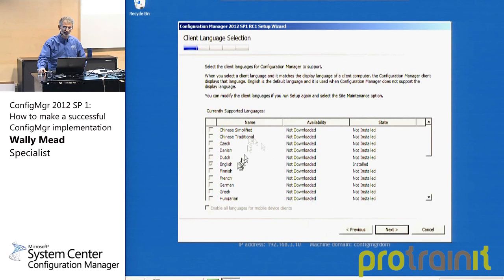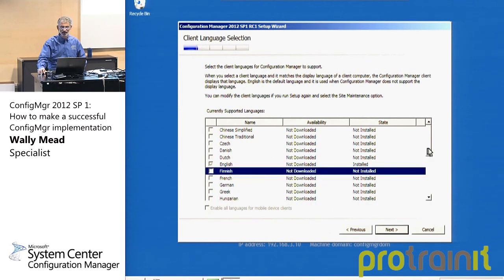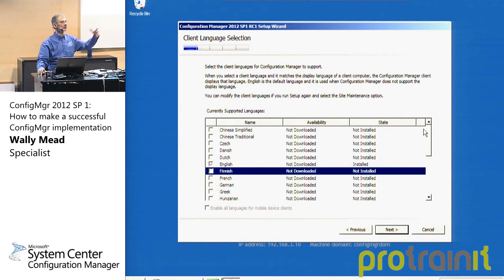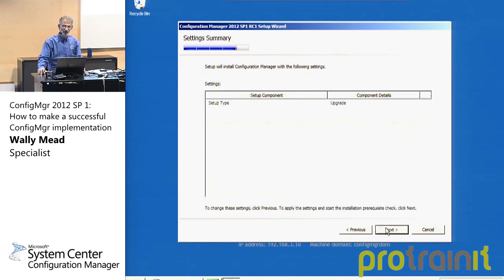And then same thing for clients. Here's the Finnish client. You go ahead and pick whatever appropriate client language packs you want, so that we'll install the end user interface, Software Center, and application catalog and messages in the appropriate language when necessary. So you pick those. And then for a clean install, we ask you for your site name, your install directory,